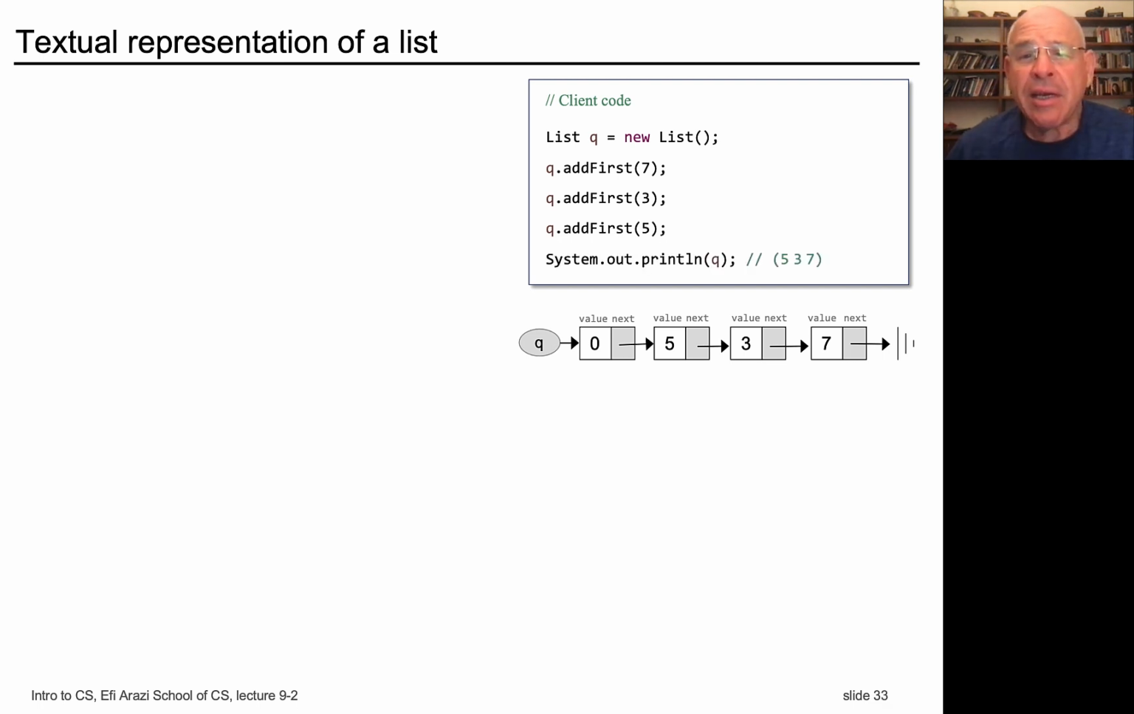And then the client says print q. So by convention, Java invokes the toString method on q. It's as if we wrote q dot toString, and what we get is the contents of the list, which is